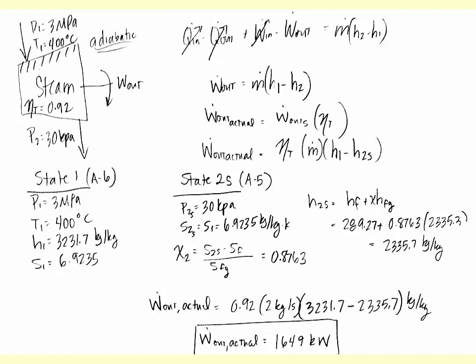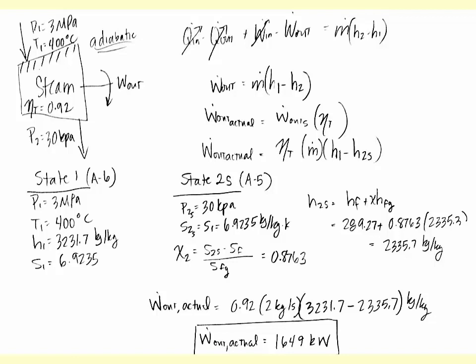Okay. We know that S2 is equal to 6.9235 kilojoules per kilogram Kelvin. So we can use this value to calculate our quality, because if we look at 30 kilopascals and this entropy value, we find that we're in between S sub F and S sub G at this pressure. So 6.92, we find X2 is equal to S2 minus S sub F over